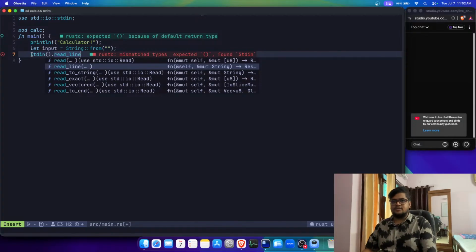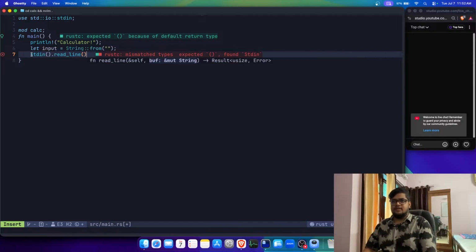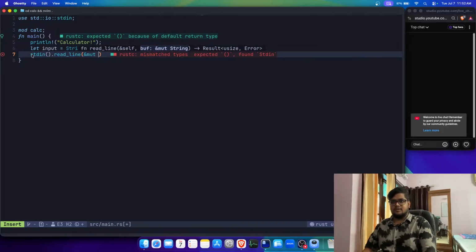So let's do this. It returns a result of a usize and an error. All right, see, the result came into the picture. Now we will see how to handle this thing. Now it takes the self and of course a buffer, a mutable string. So I'll say &mut input,